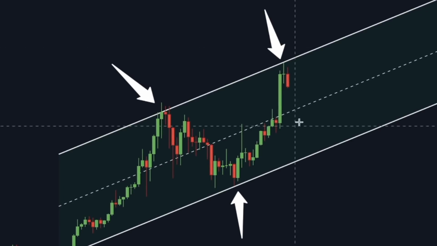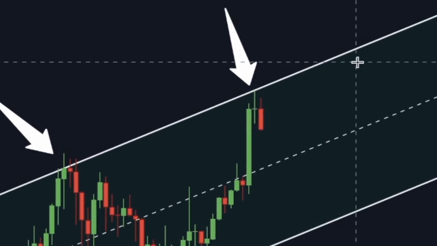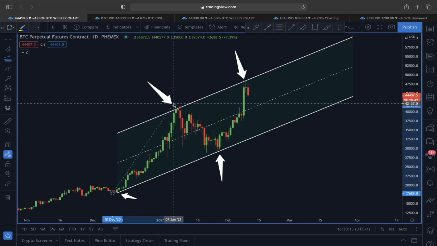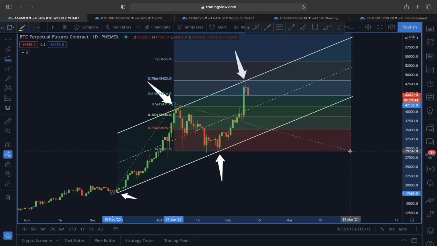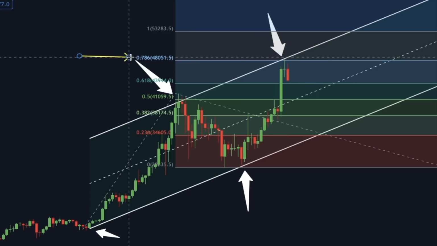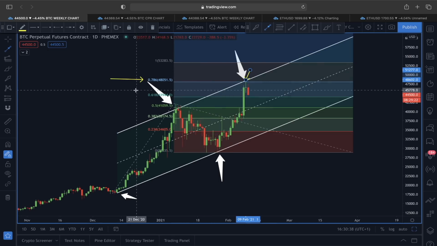So now what exactly is playing out here, because we have already found resistance from this upper line area of this ascending channel. So for that, what I'm actually going to do is add this Fibonacci extension label to pinpoint some areas of support and resistance for Bitcoin price action. Because if you look at this price structure using this Fibonacci extension label, you can see, guys, not only did the upper line of this ascending channel act as a resistance, but this 0.786 Fibonacci extension label also acted as a very strong resistance line. So now you can see the upper line of this ascending channel and this 0.786 around 48,000 was a very